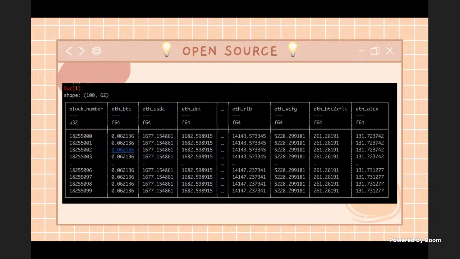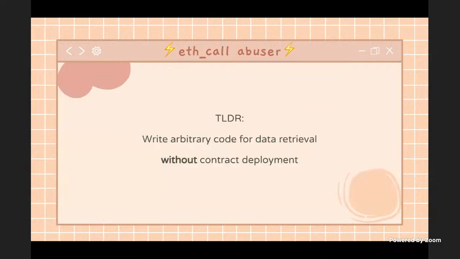But because Cairo extracts data on the blockchain, what you could do, for anyone who's seen my other talks, is use something called arbitrary code execution for data retrieval and implement it onto Cairo, whereby you write some Solidity code. And the TLDR is that,